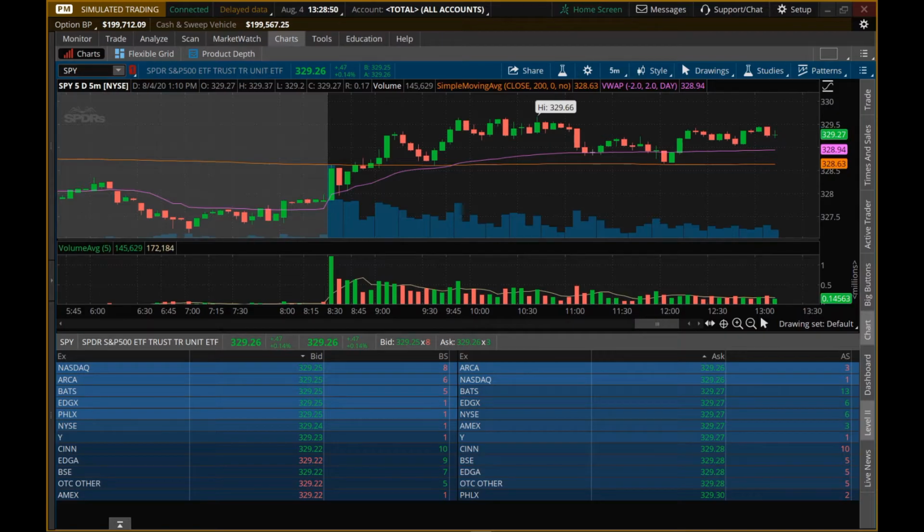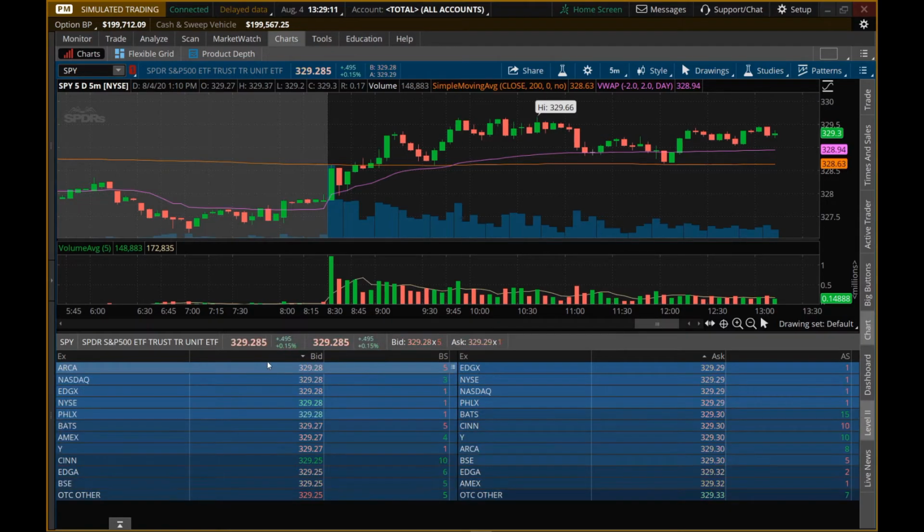So one other thing I wanted to discuss with everybody is what spoofing is. Spoofing is something that happens in the stock market where you'll see a very large order on your Level 2 data. However, you may not see it right up at the top, which is going to be filled next. You may see it lower. And what spoofing is